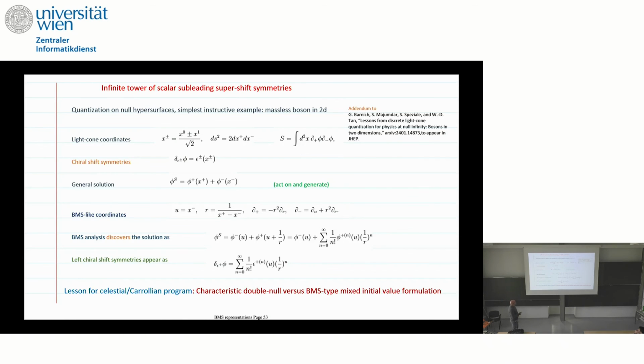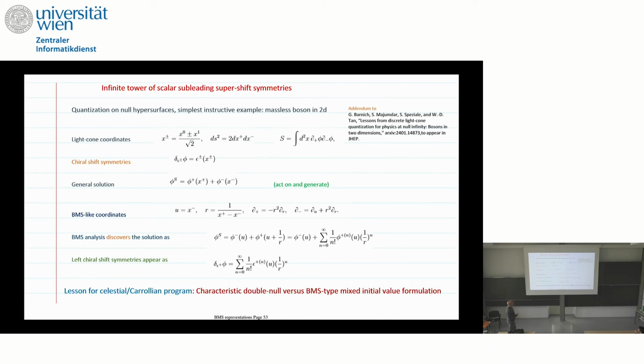But so the general solution is left movers and right movers. But you realize that the Lagrangian is invariant under this chiral shift symmetry. So the shift symmetries are well known, which is just that you transform phi by a constant because it only contains derivative. It's a symmetry. But you also realize that if you translate phi by a constant that only depends either on x plus or on x minus, the Lagrangian is still invariant up to a total derivative.